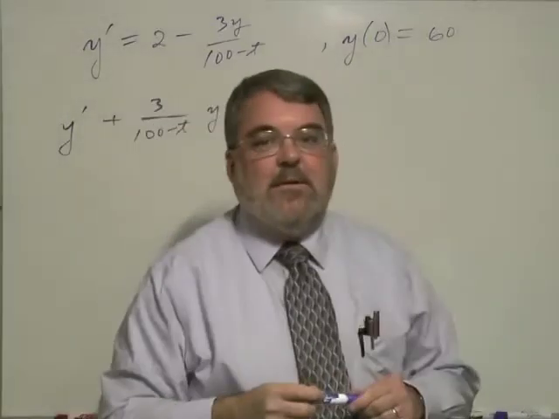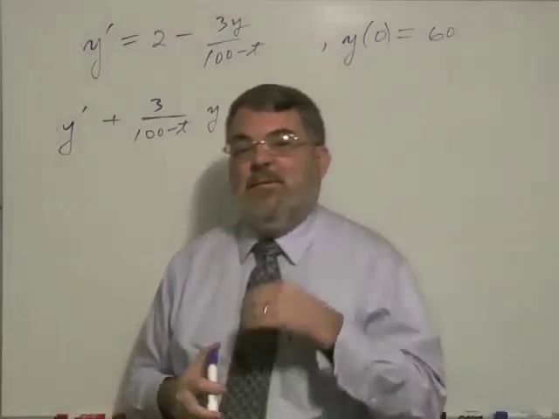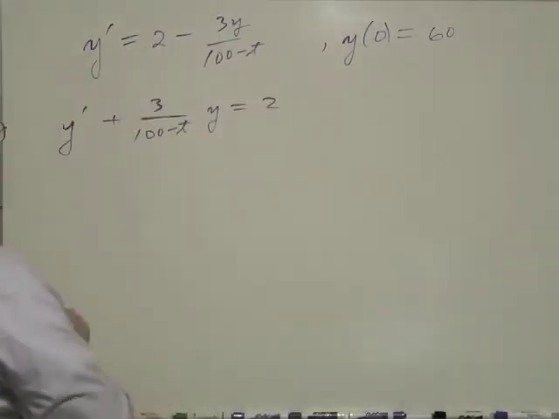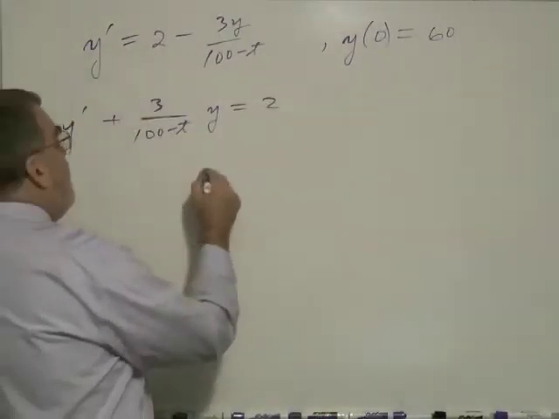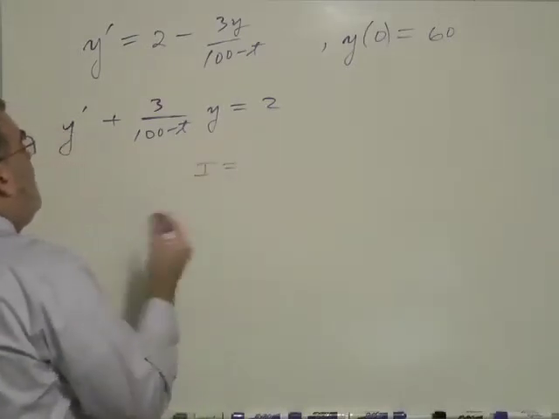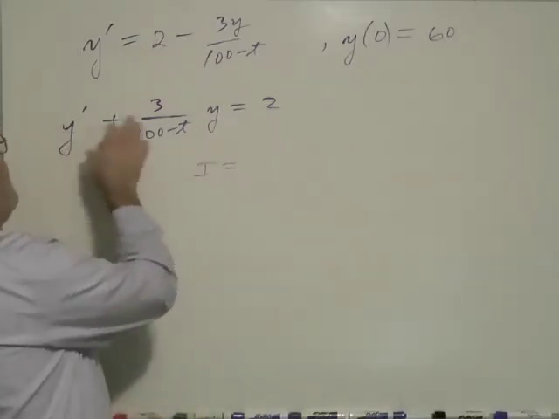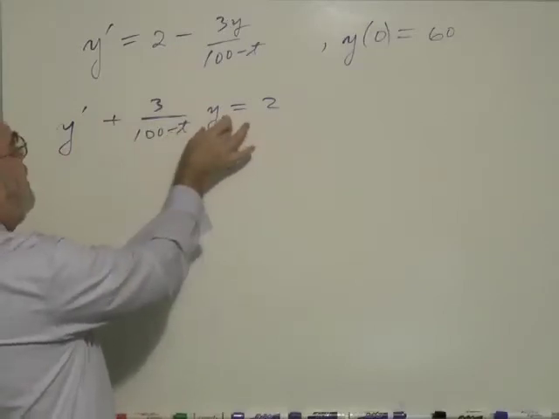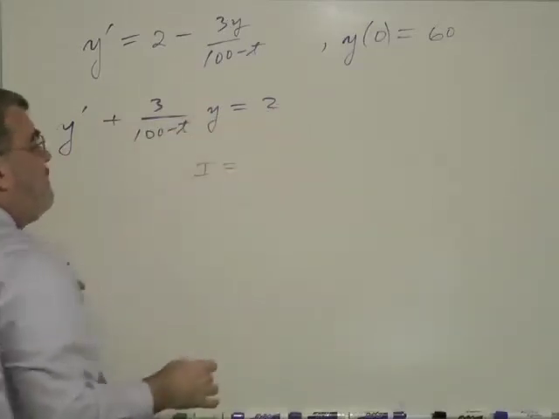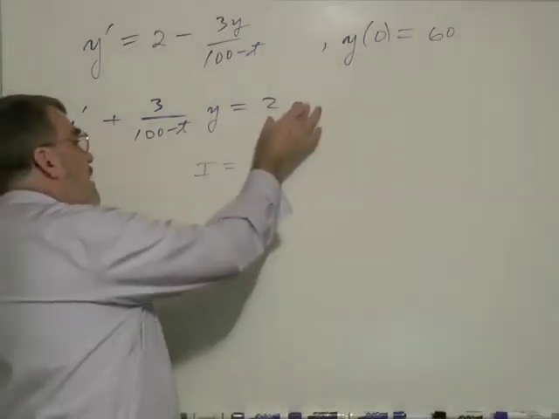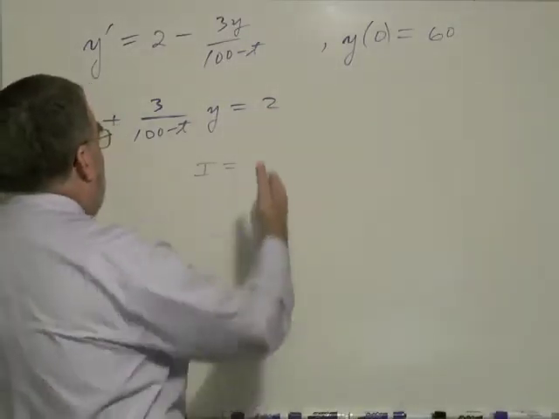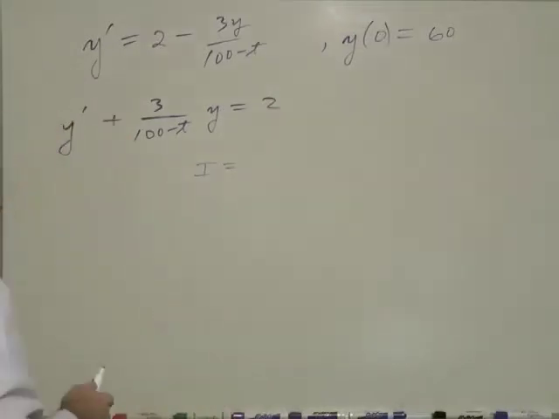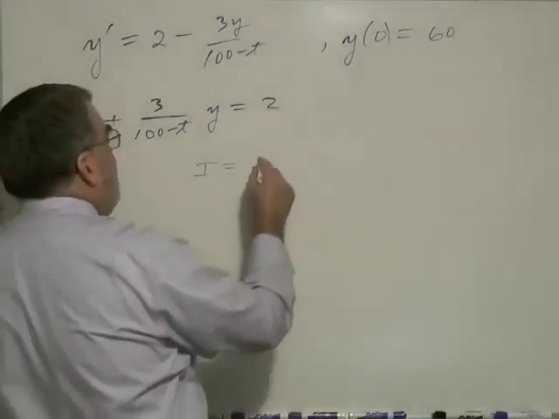So this looks like one of those equations where we would use the integrating factor to solve. And my integrating factor would be, because we have the derivative plus a function of our independent variable times our dependent variable equals a function of the independent variable. And I realize too it's just a constant, but you could think of it as a function of the independent variable. So the integrating factor will be